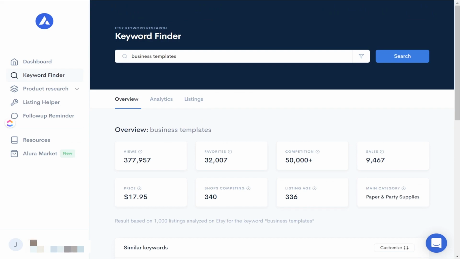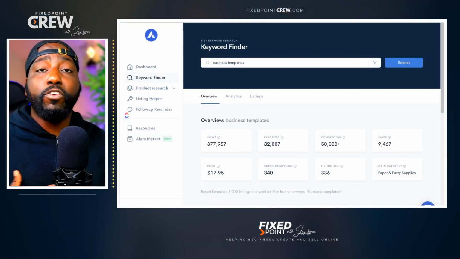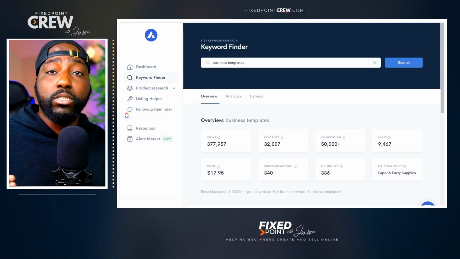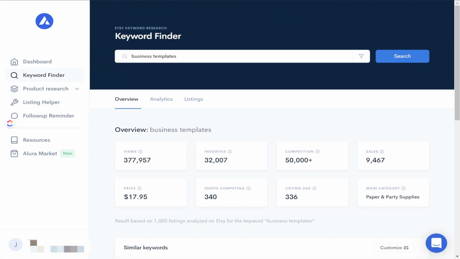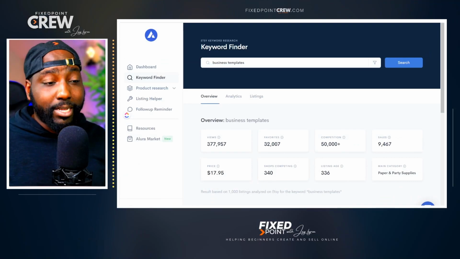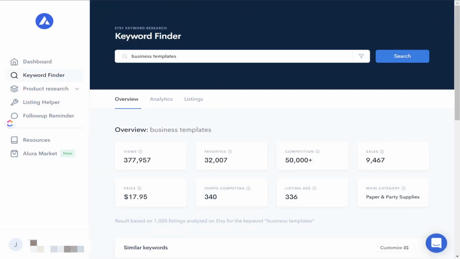The main place I look at in regards to identifying if this is a great keyword to really spend some time on is how many monthly views this keyword has generated on different product listings. The reason I want to spend time on the views is that views are what help me get clicks and overall sales in my shop. If I spend time on a product keyword that doesn't have a lot of search results or a lot of views for the products, then I'm not necessarily going to get enough traffic to my product, right? Because I want to leverage the traffic that's already on Etsy, the organic traffic, to get those people to my shop. So the fact that this has over 300,000 views for this particular search term, I know this is a